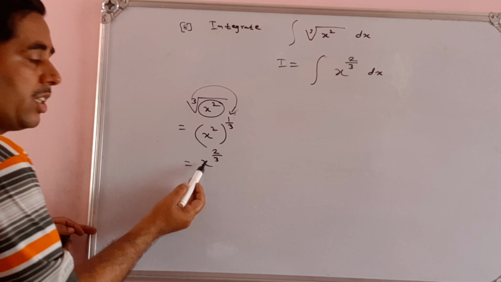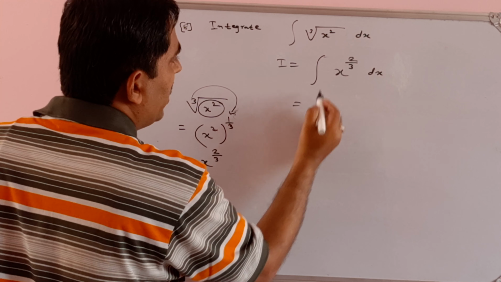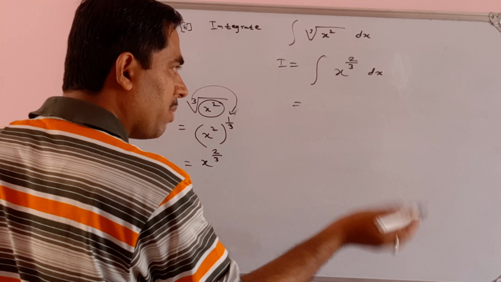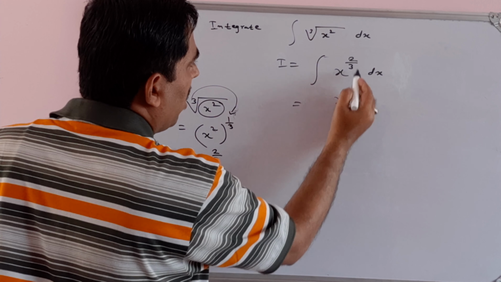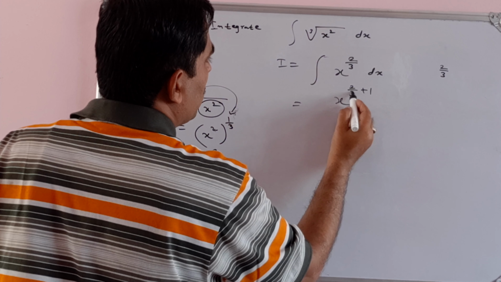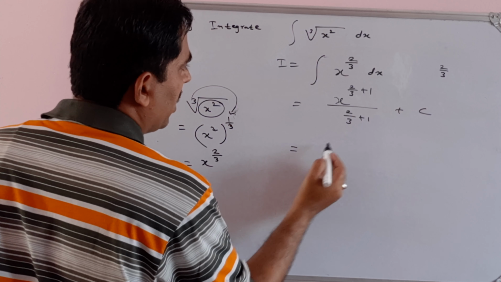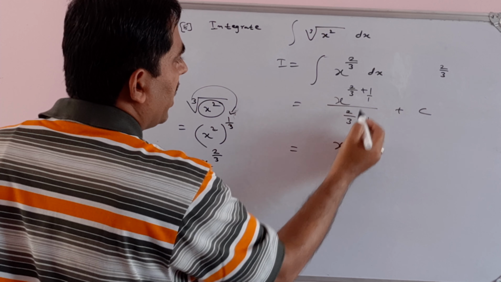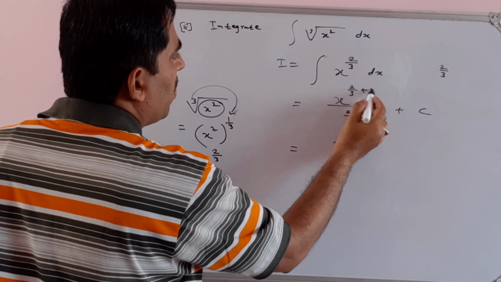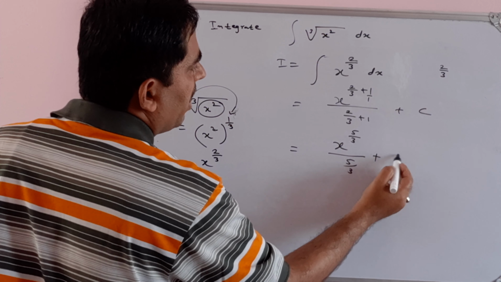This is very important: x to the power of 2 by 3. Now I can use the power rule. Integration of x to the power of n is x to the power of n plus 1 by n plus 1. That is x to the power of 2 by 3 plus 1, divided by 2 by 3 plus 1, plus the constant of integration. Taking the LCM, 2 plus 3 is 5. So that is x to the power of 5 by 3 divided by 5 by 3